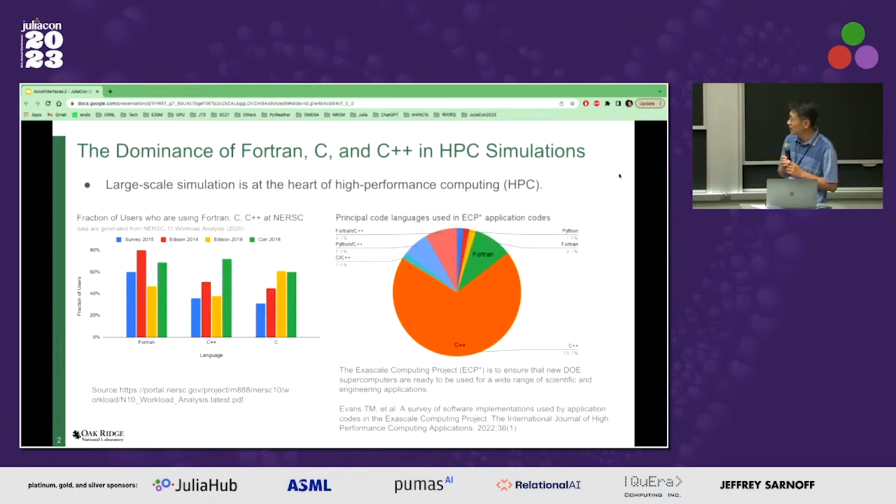At the heart of high-performance computing, we believe there are large-scale simulations. Lots of scientific research these days relies heavily on them. Traditionally, we have used Fortran, C, or C++ to write those applications, and those three languages are still widely used in practical usage. If you see the left plot,